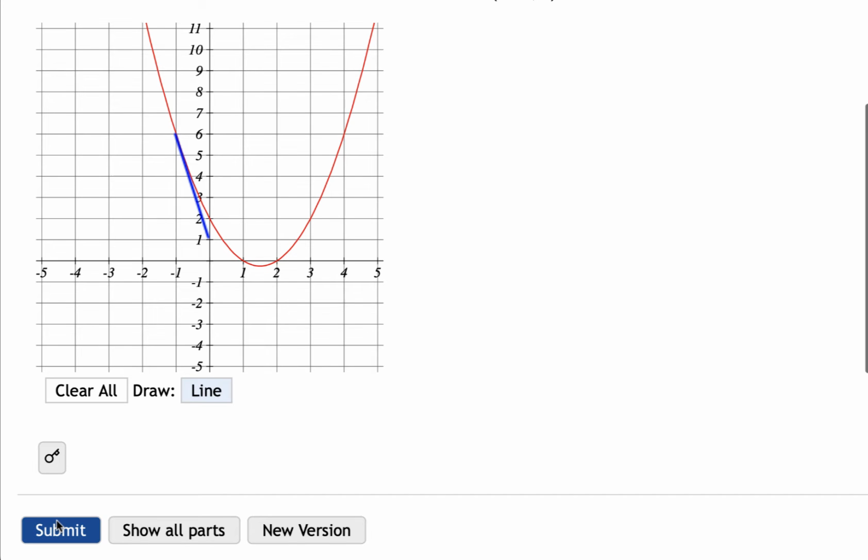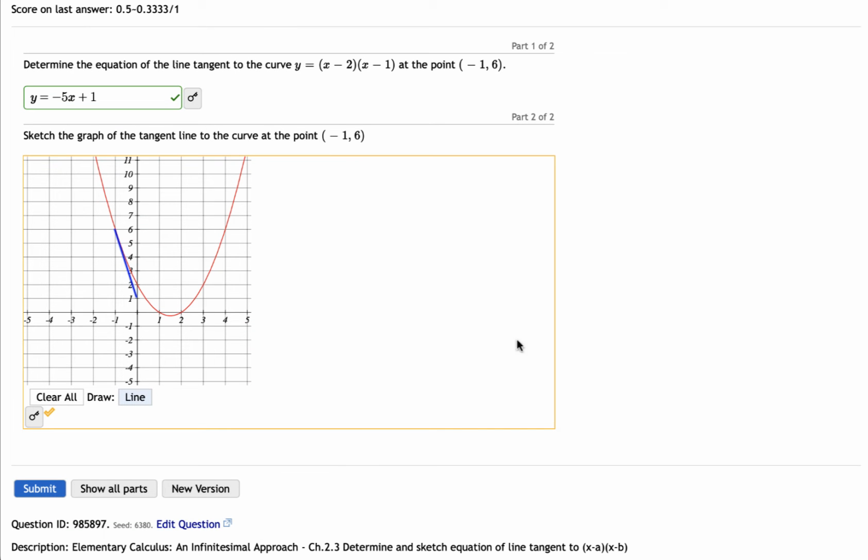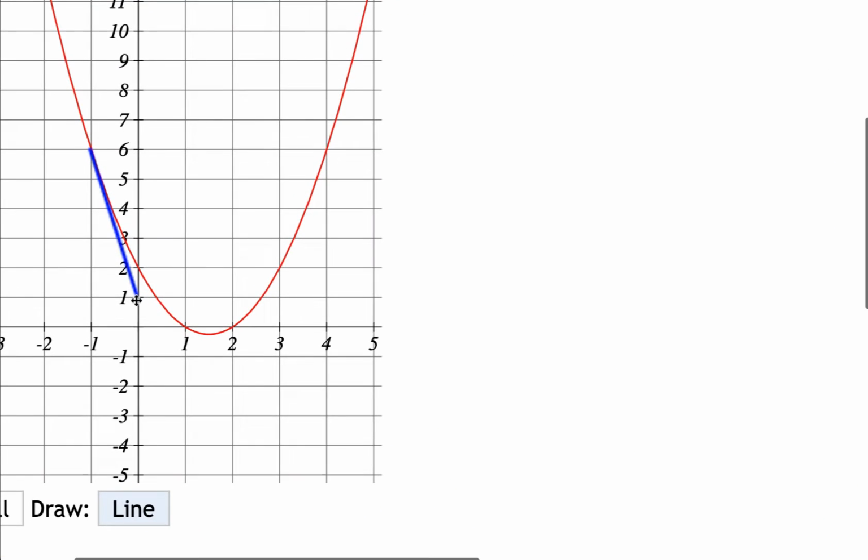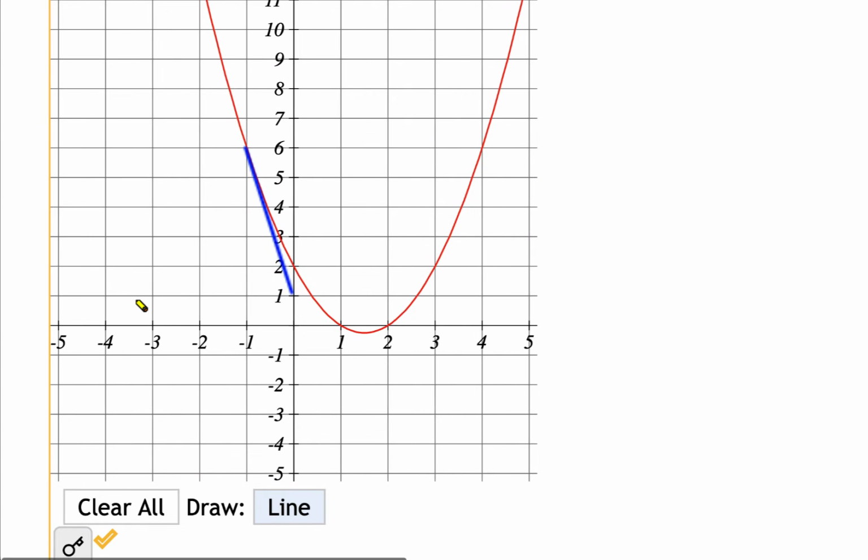If I submit it, it'll say it's yellow, meaning I get partial credit. I get a third of a credit. So most of you are not going to be happy with that. So what I would recommend doing is when you go ahead and draw your segment, then notice once you've